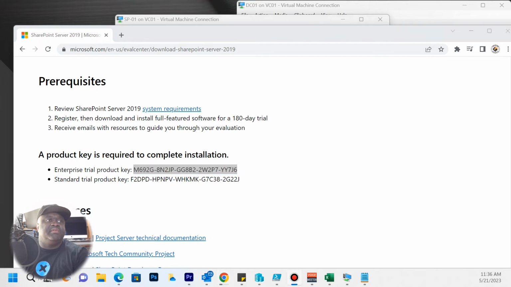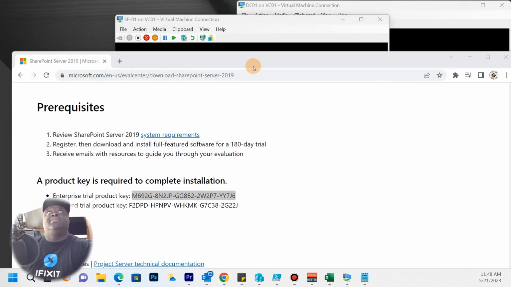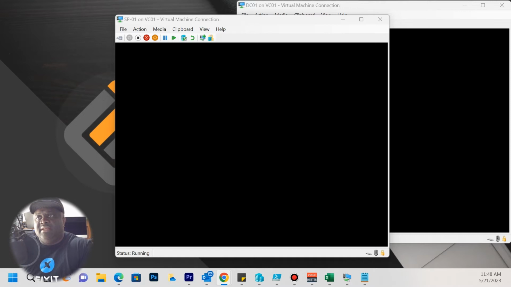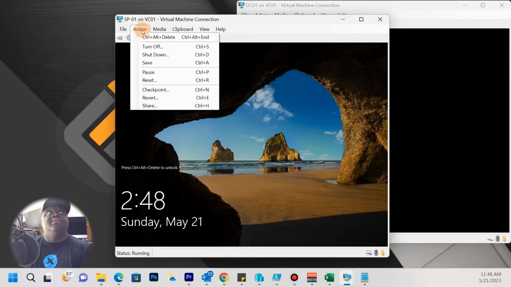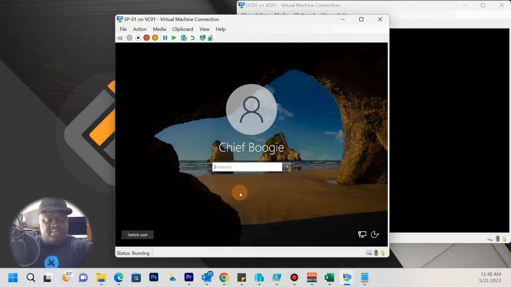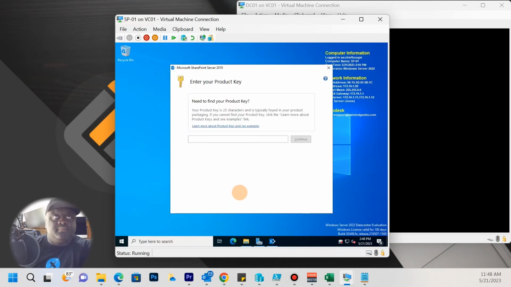Let's swing back over to our server real quick. All right, so now that you know where to get that key that we're going to need to get this box up and running. Uh-oh, it locked up on me. Log back in. So this is, like I showed you, where you'll get your key for this installation. So let's go ahead and do